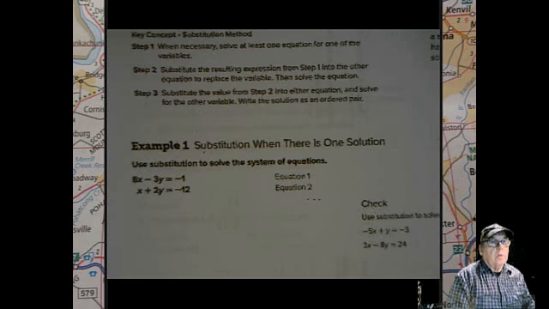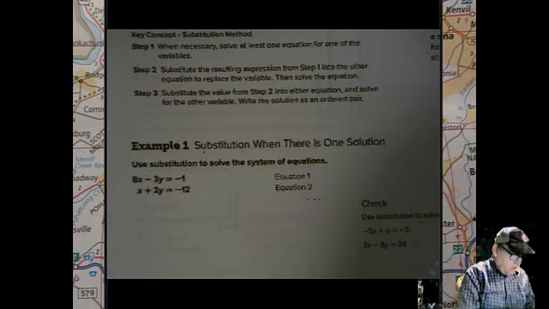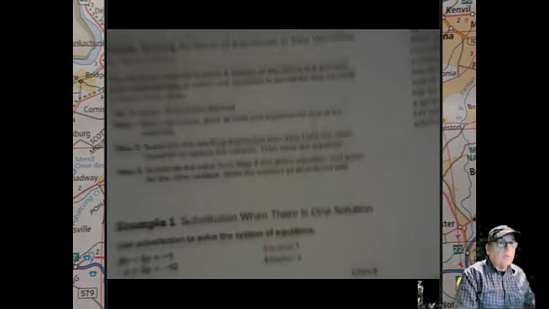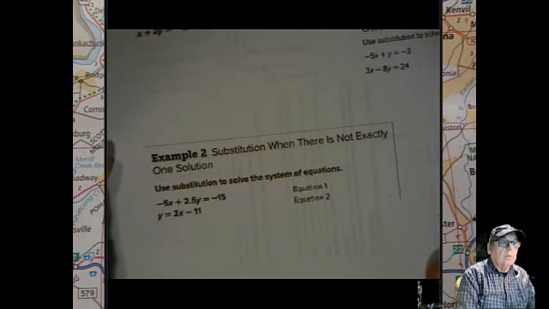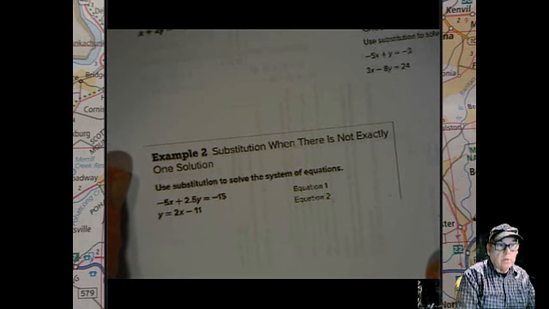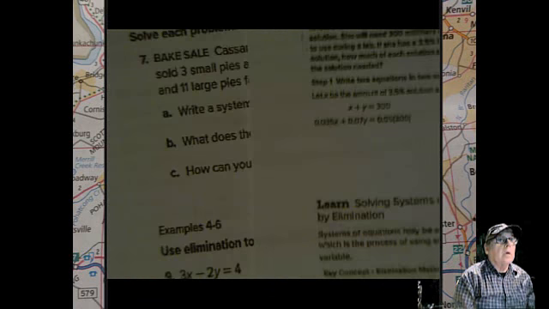Example 1, and you end up with the normal case, two lines crossing each other. Substitution when there's not exactly one solution. So that could be a case where two lines graph on top of each other. We'll also talk about the vocabulary that goes with this. And then on the flip side, we've got an application problem